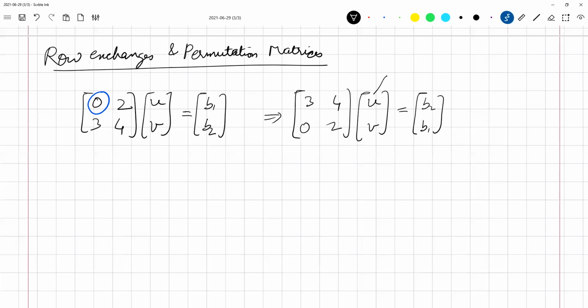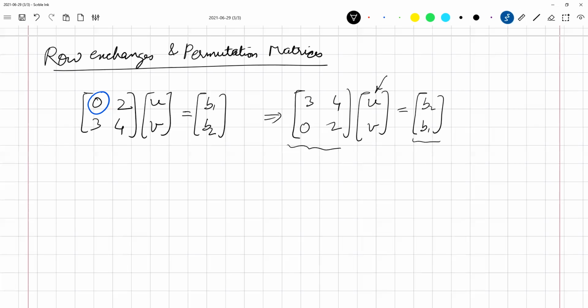Please understand that the position of U and V does not change. The only thing that changes is the order of the rows in this particular matrix and the rows in this matrix. U and V do not change, because U has to be multiplied by 3 to get the same set of equations. The only thing that changes is this matrix and this matrix. The second matrix, the matrix of variables, does not change.